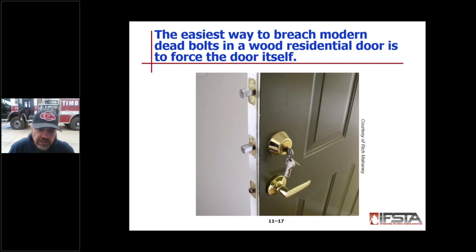Here you can see there are 3 locking mechanisms on this particular door. The latch, the handle down here, probably has some type of push button lock, so that latch will be locked. There's a deadbolt that has an exterior keyway, probably has the thumb latch on the inside, and then there's another deadbolt up here. So if you try to approach defeating these latches, you're obviously having to defeat 3 separate things